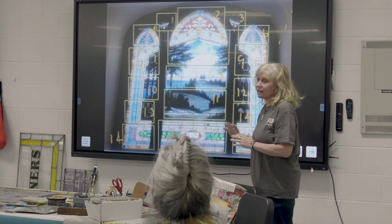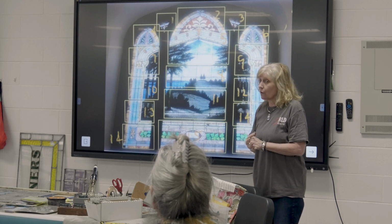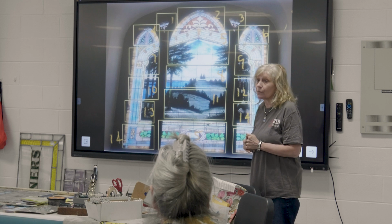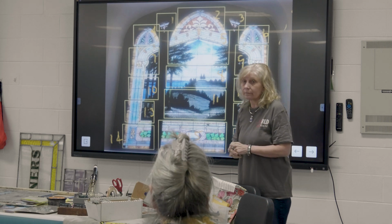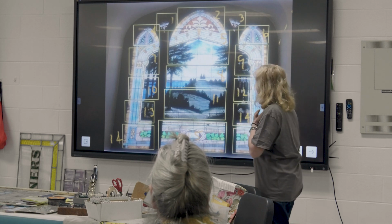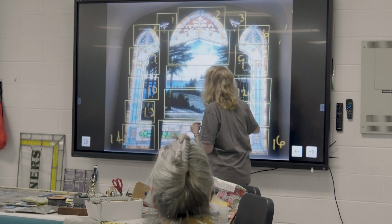This was done in 1916 by a Chicago artist. So whatever I touch, I have to be very careful. And I'm not going to do any damage to somebody else's artwork, because I wouldn't want them to do the same to mine. So I was very careful. So as I'm cleaning this window,